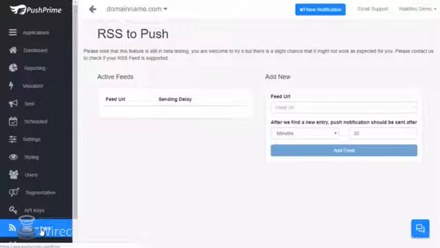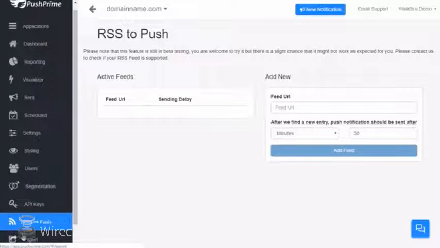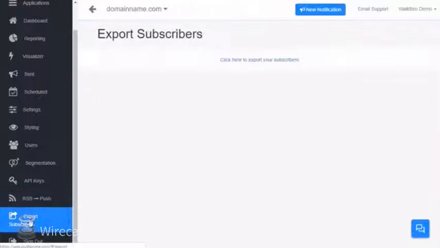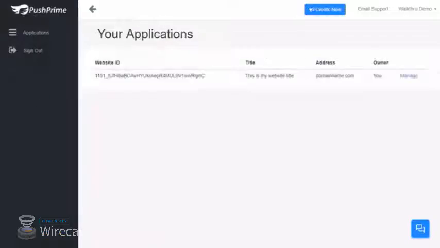RSS to Push is a new feature that allows you to add RSS feeds into your push notifications. Export Subscribers allows you to export a list of all of your subscribers, and Sign Out will sign you out. Now that